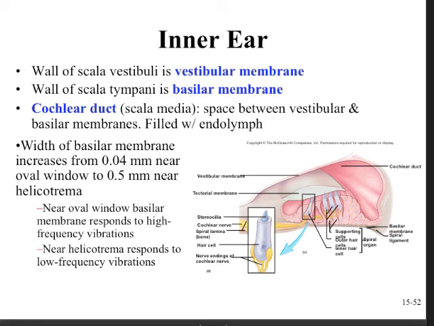The width of the basilar membrane increases from 0.4 millimeters near the oval window to half a millimeter near the helicotrema. Near the oval window, the basilar membrane responds to high-frequency vibrations, and near the helicotrema, it responds to low-frequency vibrations. This is a cutaway showing you the structures that are in the organ of hearing,